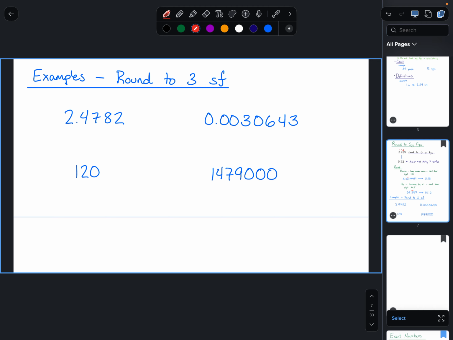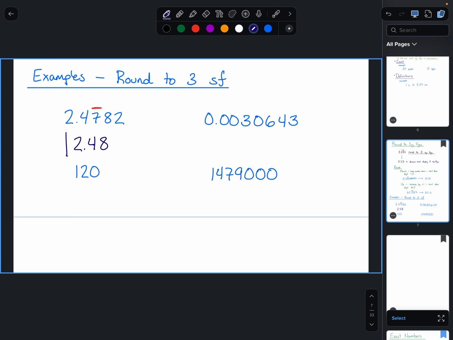All right, 2.4782. First of all, what is my third significant digit? What's the value of that third sig fig? 7. That's 7. So this is the position I'm going to round to here. Do I round up or down? I'm going to round up. So this becomes